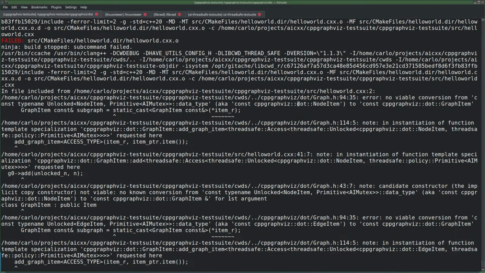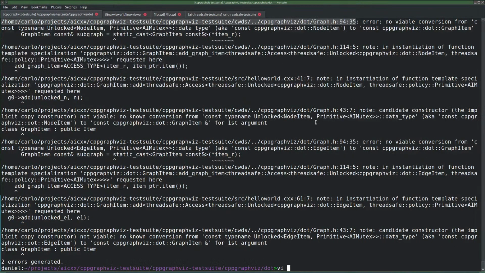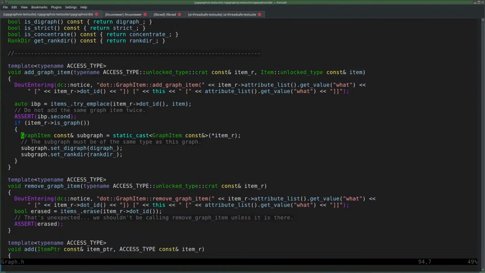AKA CBB graph is node item. It's a node item. Why would it be a node item? That doesn't make any sense. Oh wait, yeah, that is the case. If it isn't, it tries to compile this. Even this is wrong. Even this is not true.